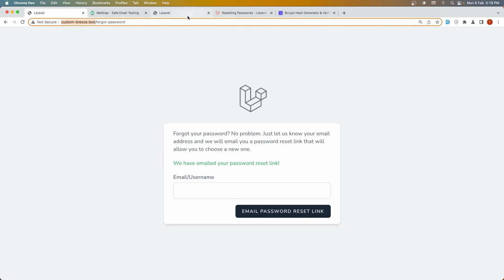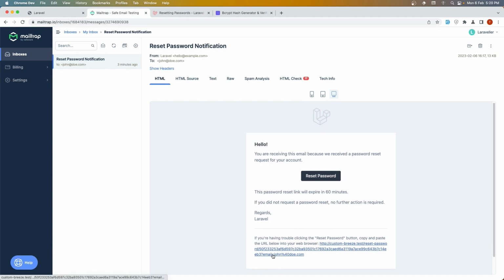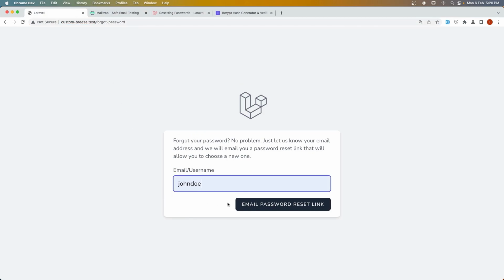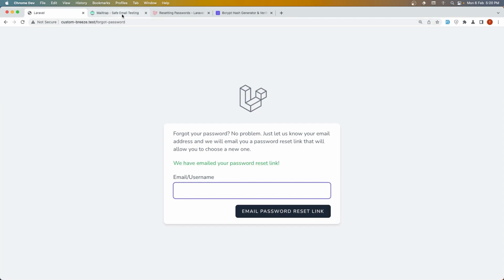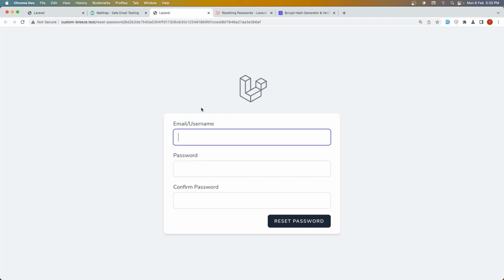And let's see one more time, because in the email right now we have the question mark email equal with the email, and let's delete this and send one more time with a username, or just, yeah, let's use a username. Okay, and now, yeah, we have only the token, and if I click reset password, we navigate here. We don't have the email. Now, if you like, you can do that. If you don't like, you can leave as it is. Add the username here,